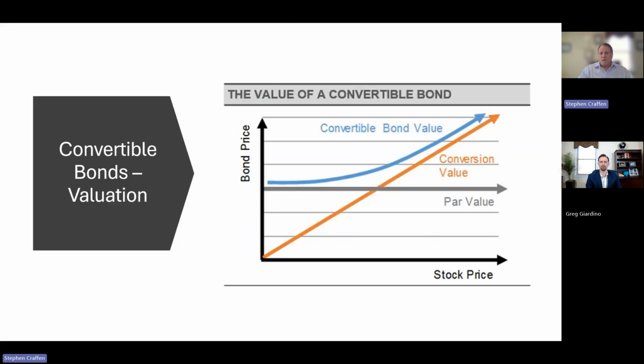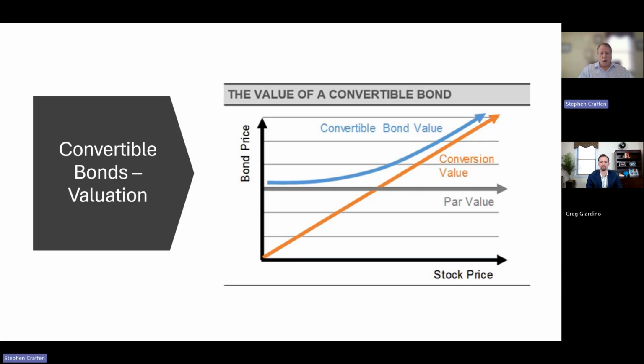So you can see what happens is when you start to go above that equivalent conversion price, the bond's value starts to track the stock. Okay, so you sort of have the best of both worlds here. You have an instrument that has a floor when the stock market goes down, because at that point, the value of the bond is based on the coupon, because these bonds do have a coupon or interest payment associated with them. The bond's value will be based more on the coupon than the stock price. So there is a floor here, which is very nice.